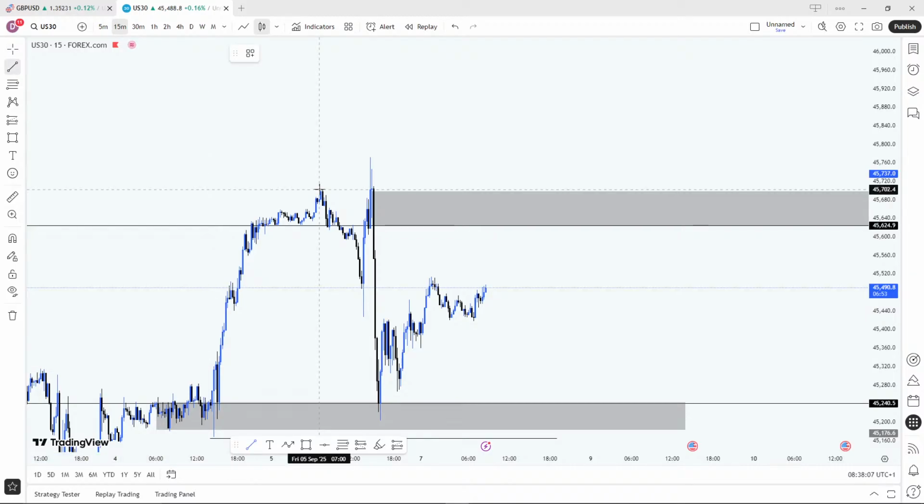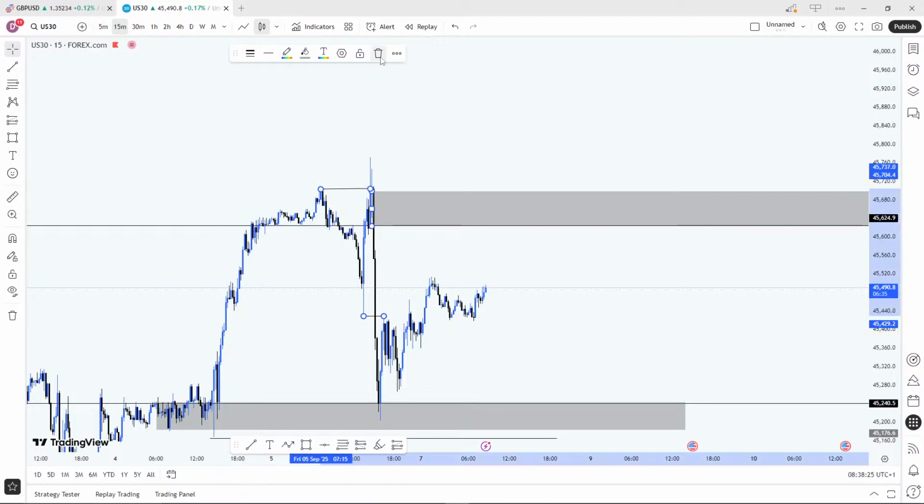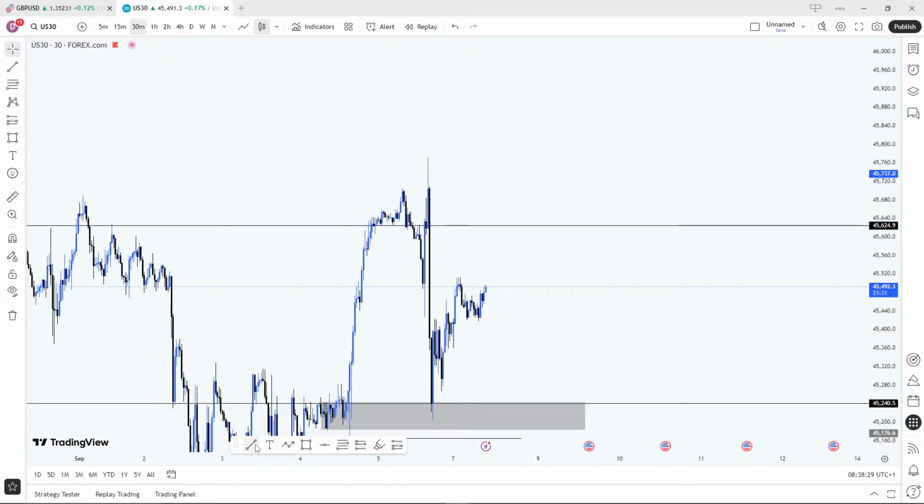Not a valid break to the upside, but it broke to the downside. By breaking this very low, it broke to the downside, but it didn't break to the upside. So this is not a valid change of character. So this is not a valid zone to sell from. We're gonna keep looking out for buys on this market. The nearest high, the nearest liquidity now is this extreme high. So we expect the price to go up and then take out that high. So let's look out for buy opportunities.